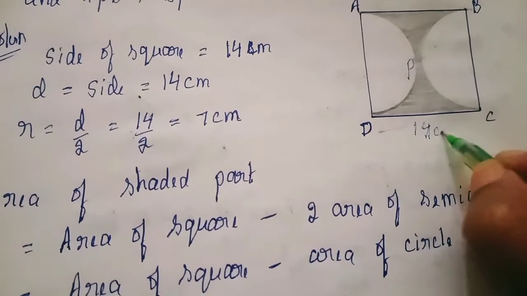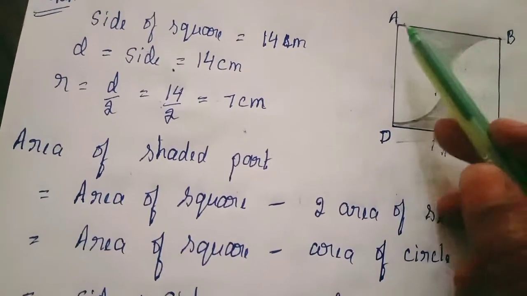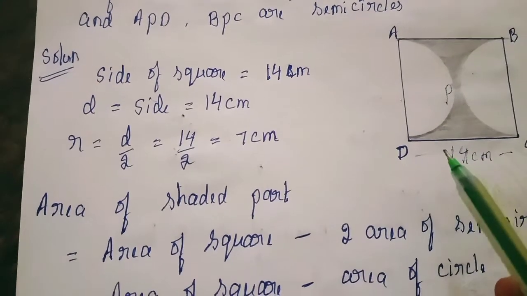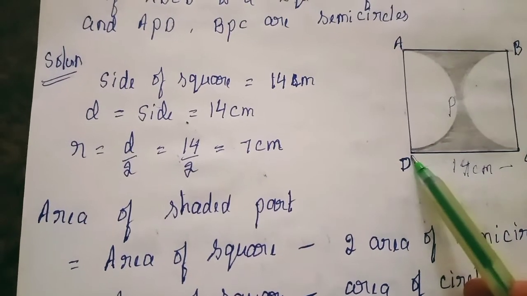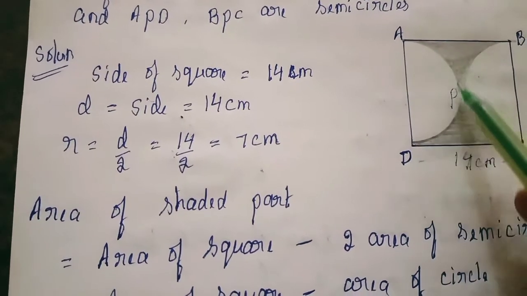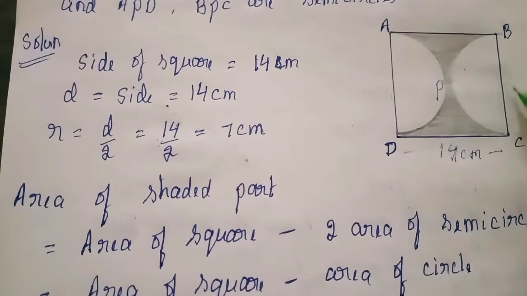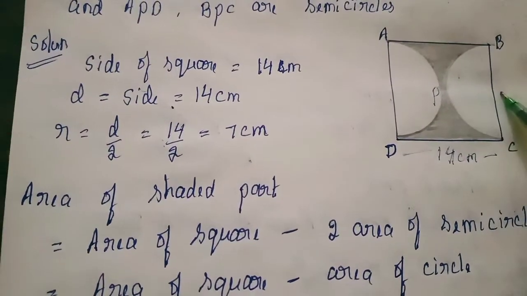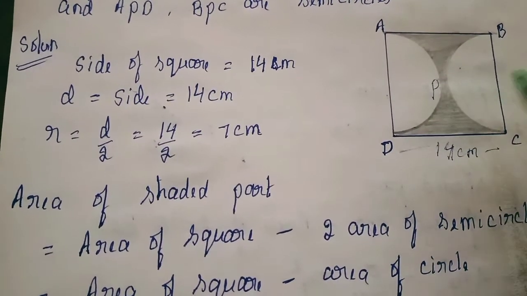And you can observe here, when the side is 14 centimeter, what will be the diameter? Just observe. You can see this is also 14 centimeter, this is also 14, 14, 14, because in a square all sides are the same. So if this is 14 centimeter, AD is the side of a square. Similarly, AD will become the diameter for this semicircle. And here also BC is the side of this square, and BC becomes the diameter of this semicircle. But both AD and BC are equal to 14 centimeter. So there will be a common diameter for both the semicircles.